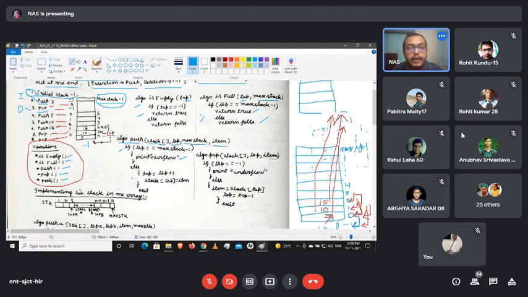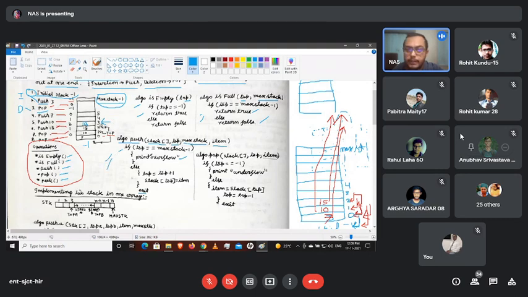So previously, look here, if we consider that 15 has been pushed here, right now top is showing at position number 2. So first top will get incremented, 2 + 1. So first top will come here, and then stack top equals item, and in this particular position the item will be pushed. So here, let's say 19 will be pushed here, and that's an insertion operation. And then after that, exit. After doing the insertion, the program will terminate itself. So that's how a push operation occurs.